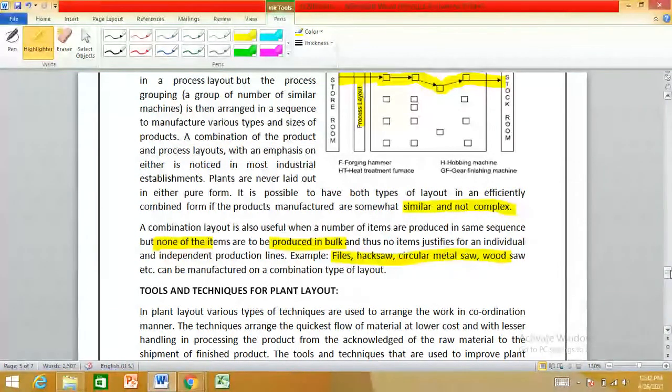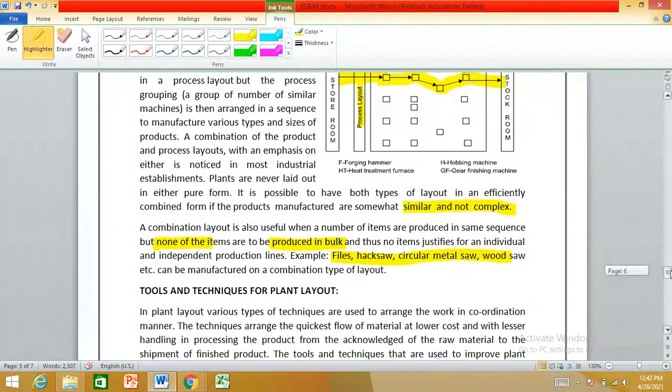Your product will remain at one place, and everything will go there. Your tools will go, your manpower will go over there. Everything will go to that point in order to carry out our operation. That is called fixed position layout. But as per your course, we have three different types of layout which we have covered thoroughly.